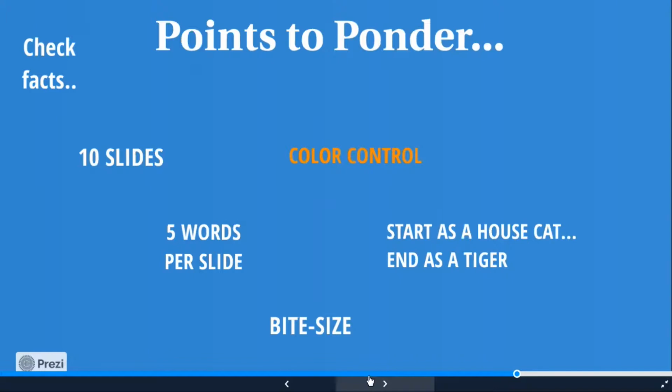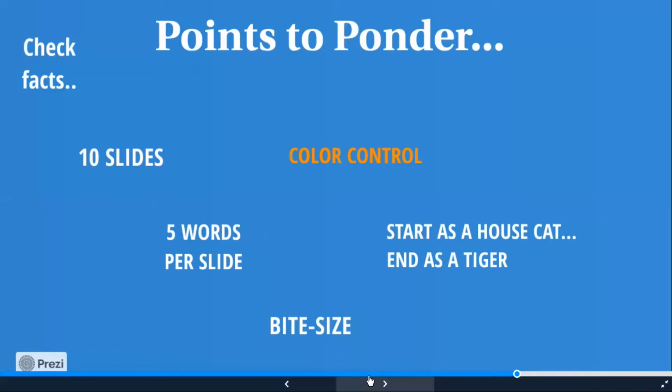And make sure you bite-size the information. When you want to say something, packet it into a one or two word thing, one or two sentence thing, and minimize the words as much as possible. And if you want to bring in some more info, put in animation to bring that info. Don't put all the information together. Avoid clutter in a single slide. And yes, color control. Please avoid unnecessary color. 2 colors is a maximum in a slide, at a professional level.